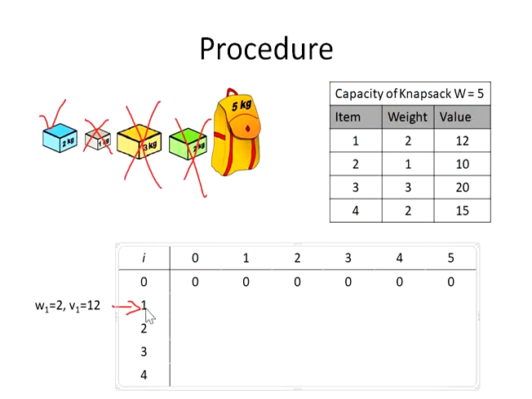Now I am going to see what will happen in dynamic programming. Here in dynamic programming, what we have to do is first insert the item. Can I insert item 1 with weight 2 in a bag of 0? No, so it is 0. Can I insert weight 2 in a bag of 1? Again it is 0. Now can I insert an item of weight 2 in a bag of 2? Obviously yes. So the profit earned is 12.